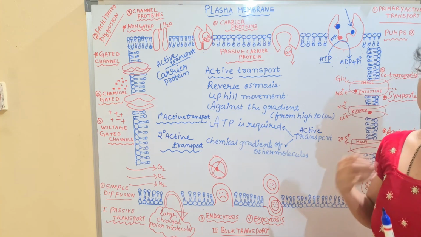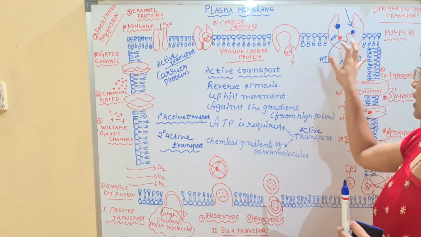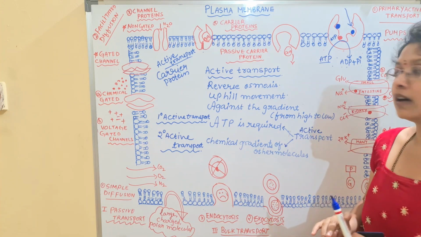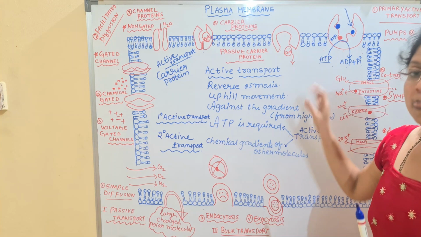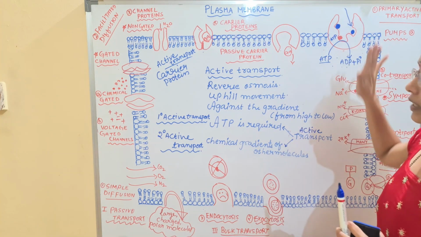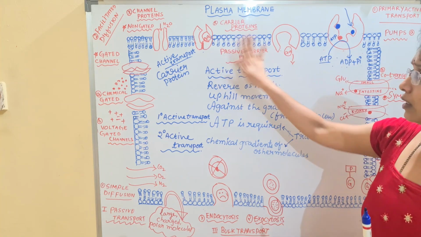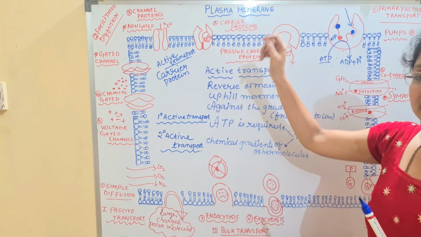So such type of movement is also possible. So I will be discussing these transport systems with the examples which I have given here, children. Simply understand that the carrier proteins will show the conformational changes. They will have the site of attachment. Their working and functioning is the same as that of the carriers which we have discussed before in the passive